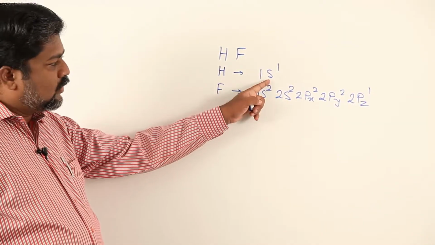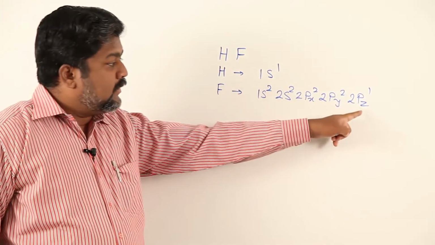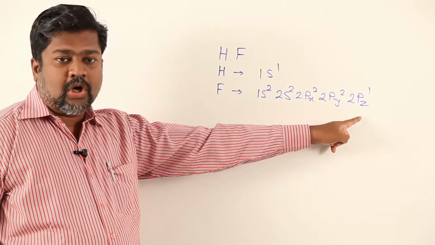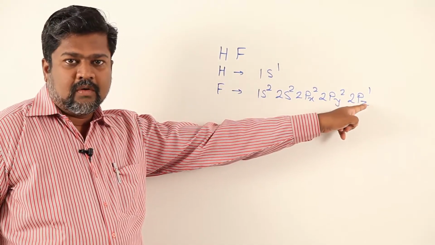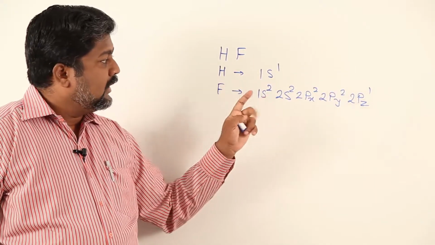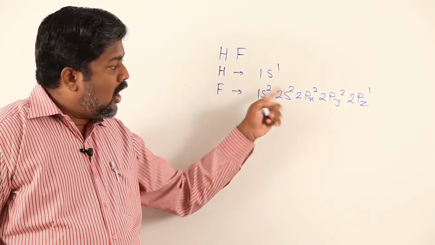So there is a clear-cut overlap: hydrogen is 1 electron short and fluorine is 1 electron short. Either hydrogen can donate that electron to get 2pz2, whereas hydrogen will acquire 0 electron status, or fluorine